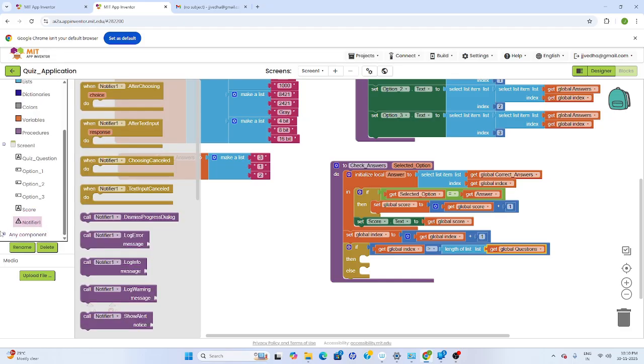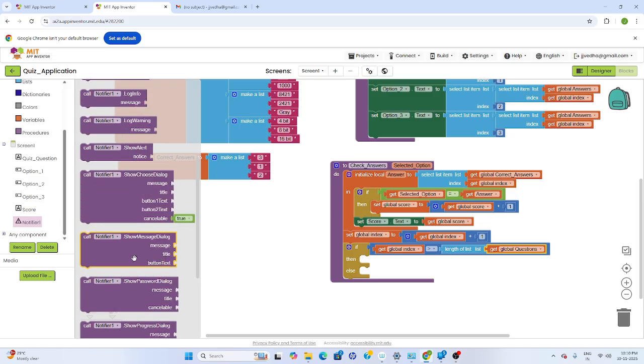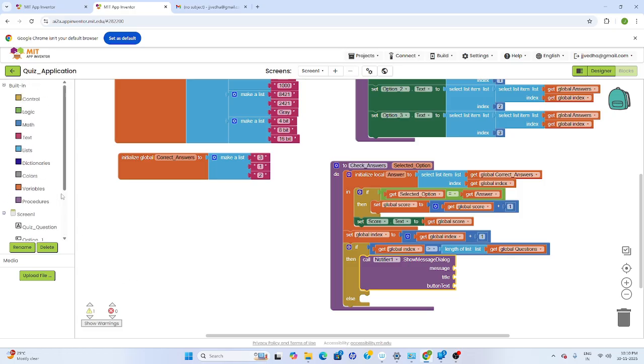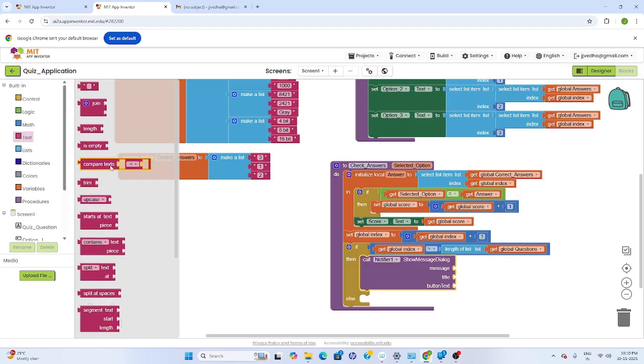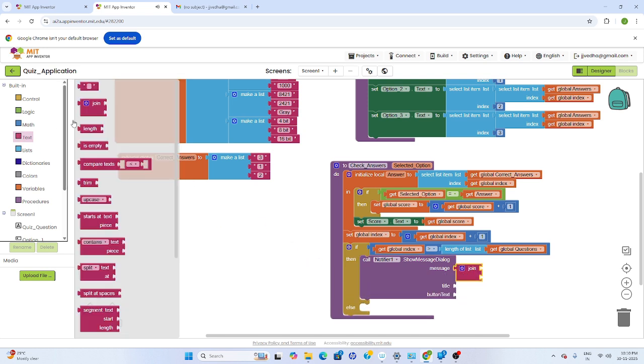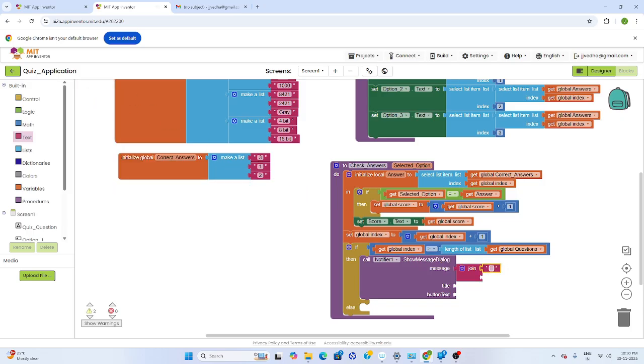So for that you go for the notifier, which will be able to print a message as a dialog, a different window. So here, go here, choose this call notifier, show message dialog. What is the message we are going to print is the score. Okay, so quiz is completed, and I'm going to say the score also. So I will take this join block, because I'm going to combine two text. One is the score, the other is just a message that the